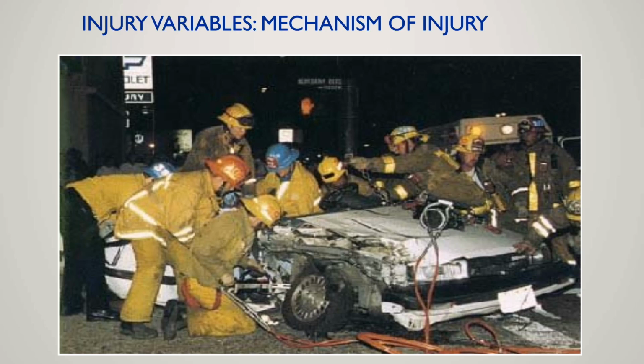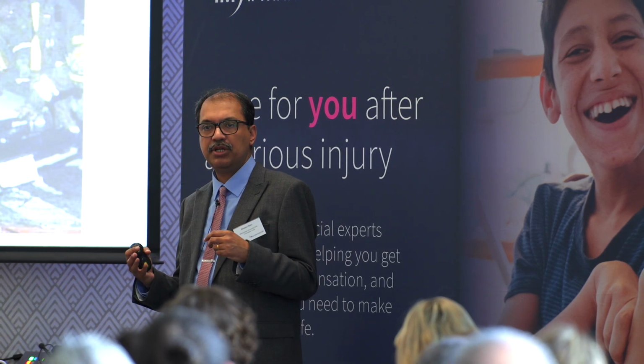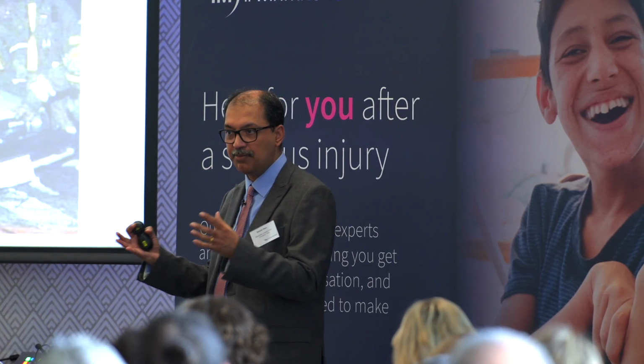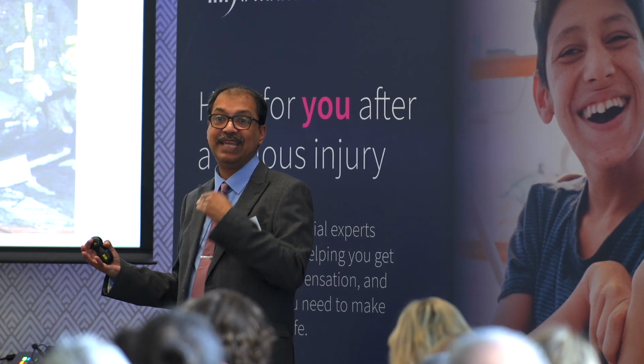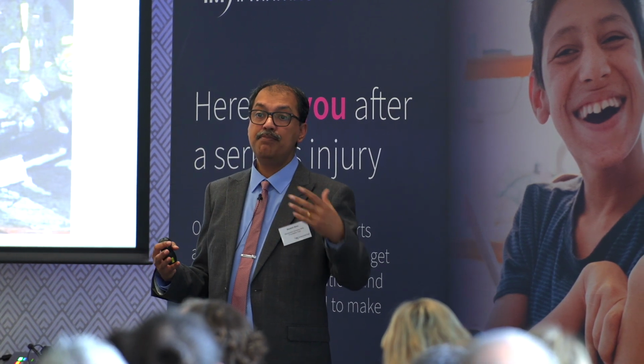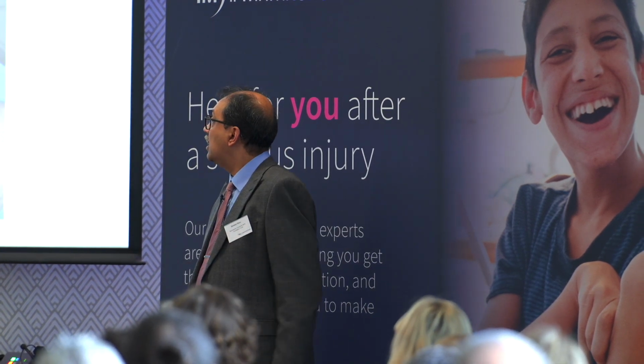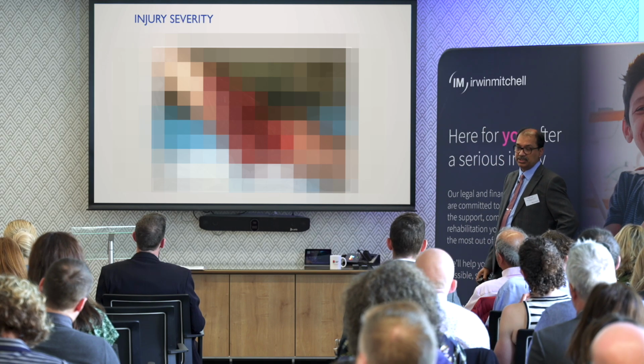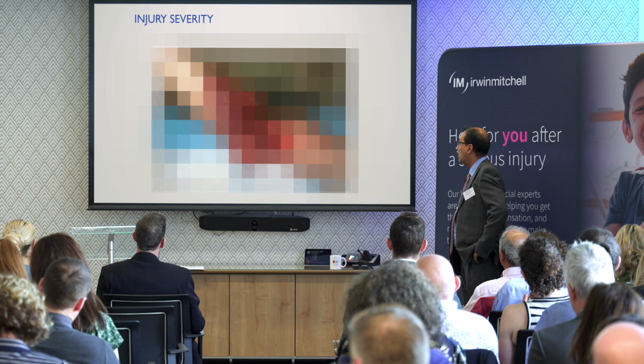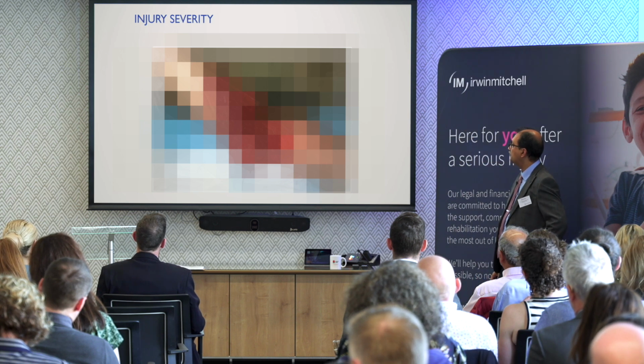So injury variables are very, very dependent on the mechanism. So this is a high impact trauma. Whenever we read the notes of the client, there is usually a description from the ambulance service of what type of injury they have seen, and you can guess what type of impact was there for the patient. Severity of the injury is extreme. Again, there is no doubt that it is very, very important. I will come to that.